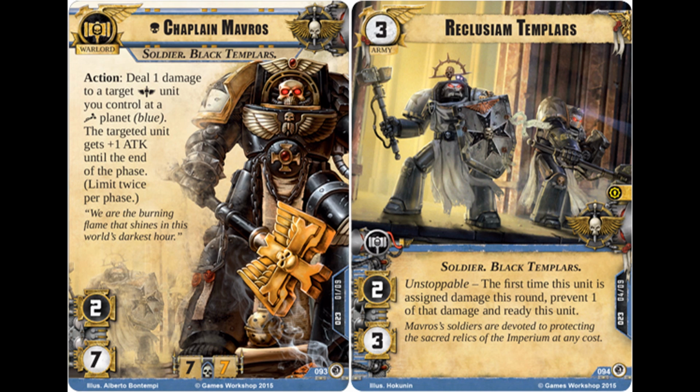So, let's note first that 3 HP means that even without the assistance of shields, this army unit is quite capable of attacking, albeit only at a blue planet, for a total of 4, so long as it can rely on the assistance of Mavros. But even better, you'll almost certainly want to attack once, pre-power-up,